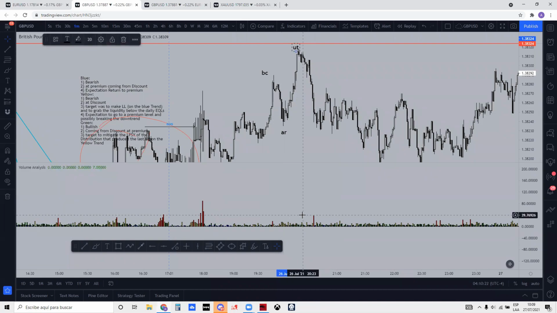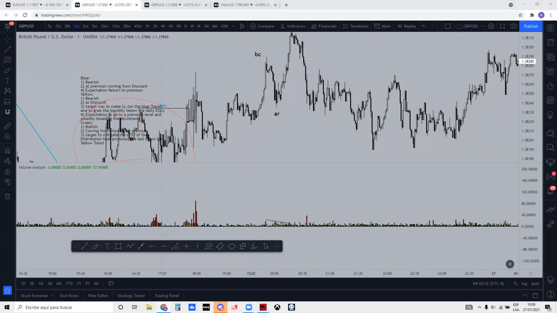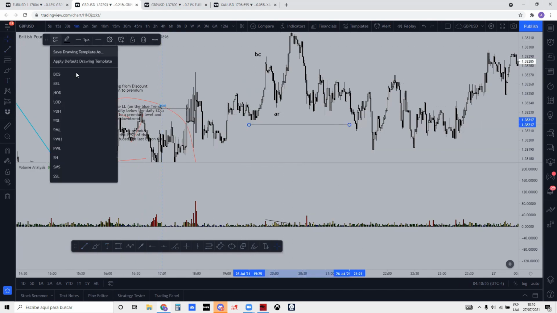Well, in this uptrust, you can see if we compare the volume between this high and this high, volume decreases just a little bit. And in this case, we might consider this to be a primary supply. However, I don't like how this looks because this looks like a reaccumulation, price building liquidity on the buy side and attacking the sell side liquidity. So this was an accumulation, a reaccumulation, sorry. But anyways, this is the trend range that price used to manipulate